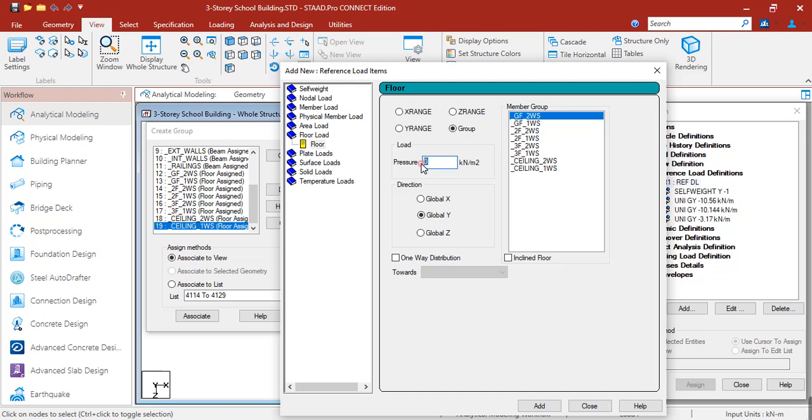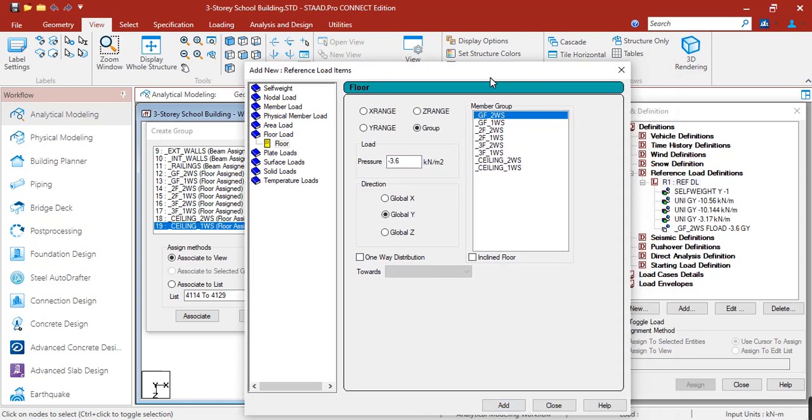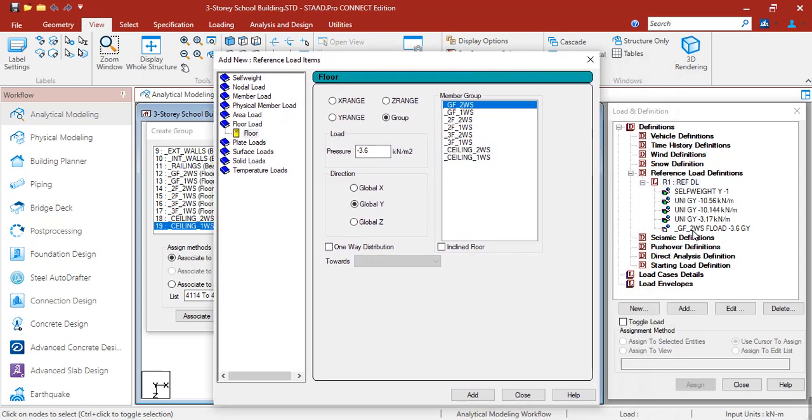So the pressure is negative 3.6. Direction is global, but since this is two-way, don't check one-way distribution. Click add. Now it is added as ground floor two-way slab floor load, negative 3.6 GY.